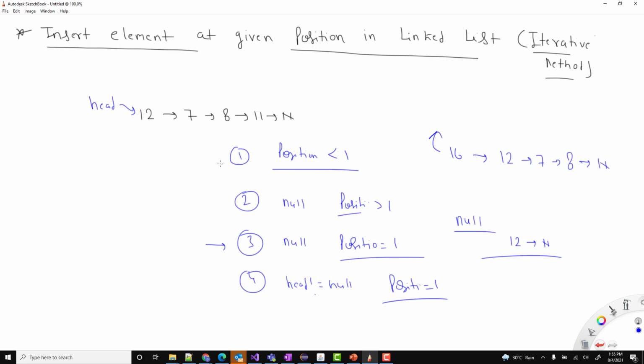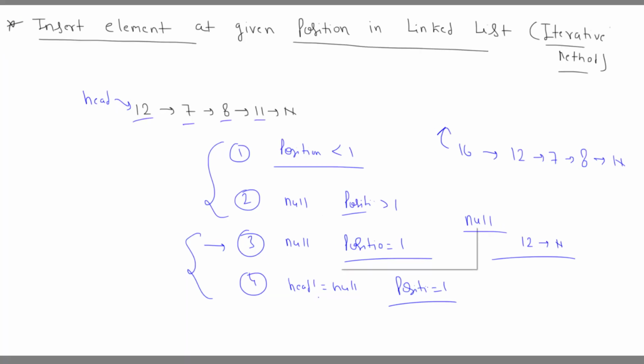So if you see, these 4 cases we will handle explicitly, because these are our kind of negative test cases. This one is a positive case, but we have to handle it explicitly so that we can directly handle it and then return. Now after checking these cases, let's see what the actual logic can be. Let's say I have these 4 elements, and now I want to insert at a position.